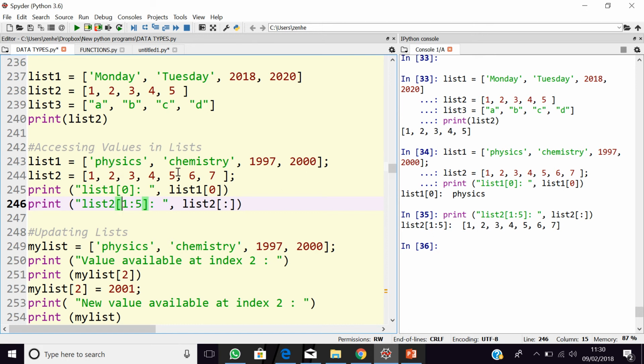Okay, let's say 2 to 5. I want to get number 2, 3, 4, and 5. How do I specify that in the command here? So I'll say print list 2 starting from the item in this index. Remember, you're going to use the index position, and that is 1. So starting from 1